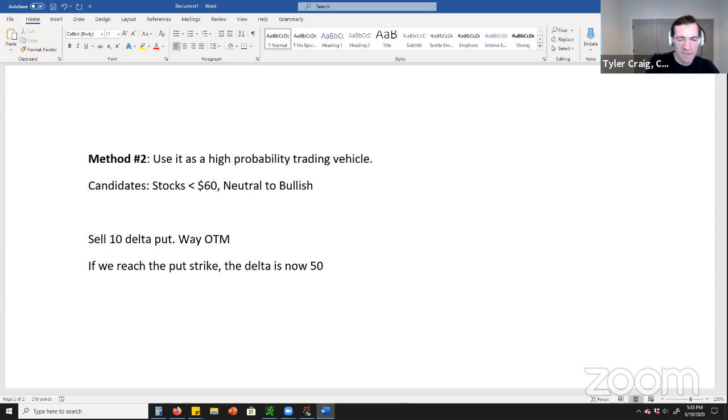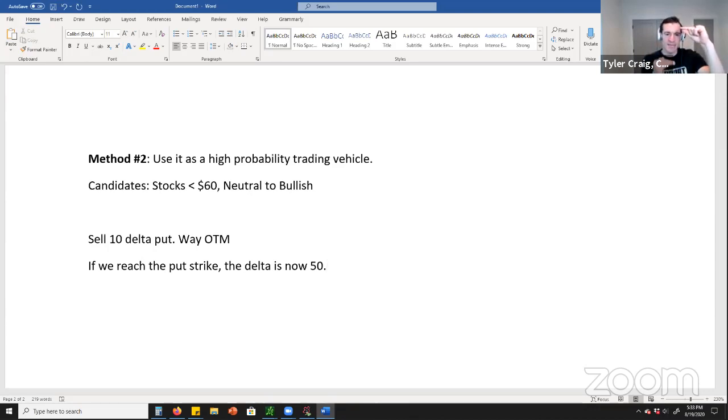So typically if the put goes at the money, the delta is 50. So I sold a 10 delta put when the stock was here. The stock goes down, down, down, and that put gets closer to at the money, and the delta is 50. If you say I'm going to get out when the delta's 30, what you're saying is